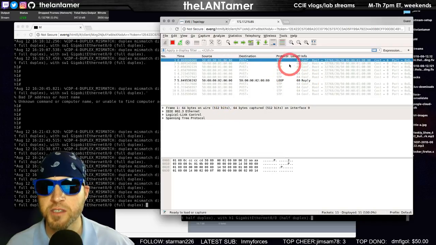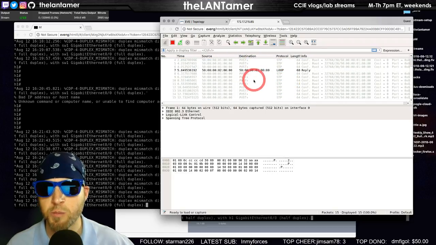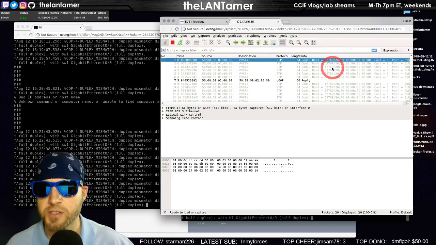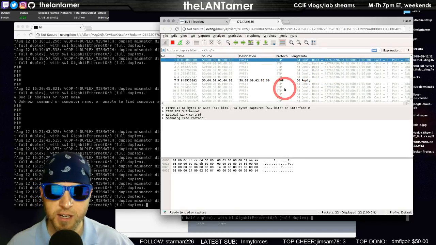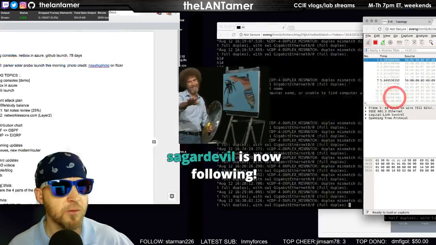Okay. All right, so we have here spanning tree protocol, which we expect, BPDUs being transmitted. So this is something else, folks. You'll notice, and I did not know this either, but you'll notice that if you have a